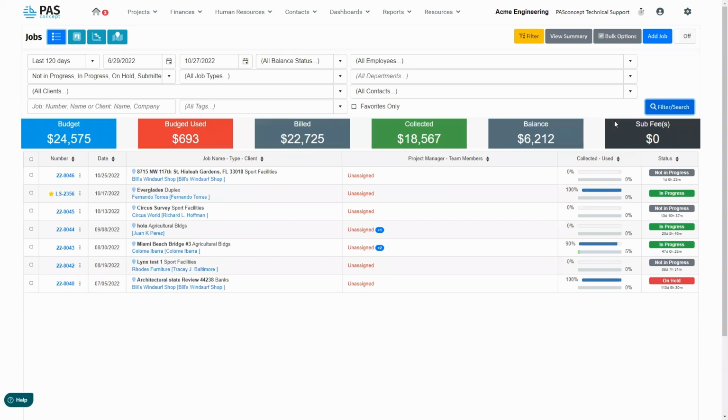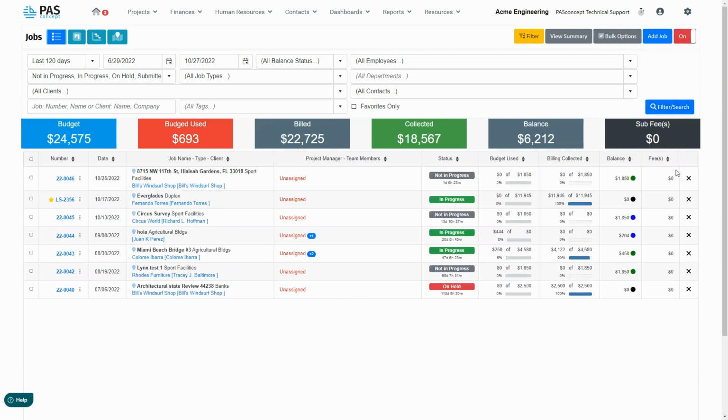Now, say for example, you were an administrator and you wanted a view that was a little bit more robust than this view. Well, the process would be very simple. At the top right-hand corner, there is this privacy view setting. Right now, this public view is on, but if I were to switch this, you would see that those percentages that I was seeing before are now represented with actual dollar values.